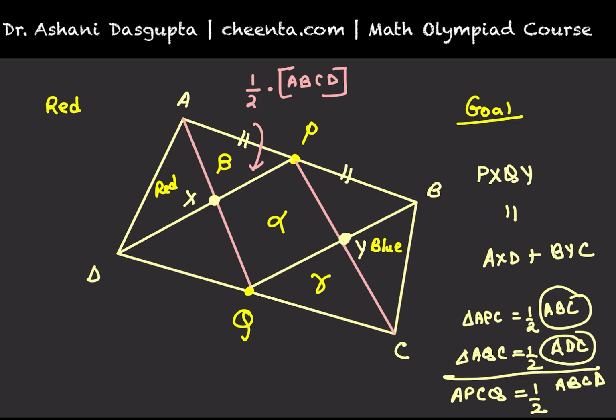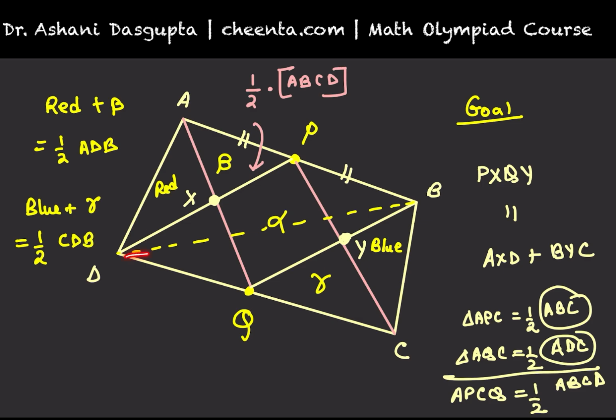Now see, red plus beta is half of ADB. Red plus beta is half of ADB. And blue plus gamma is half of CDB. Half of CDB. So if you add these two up, you'll get red plus blue